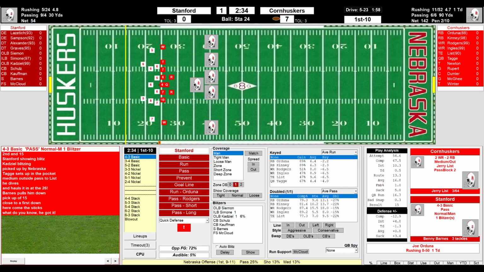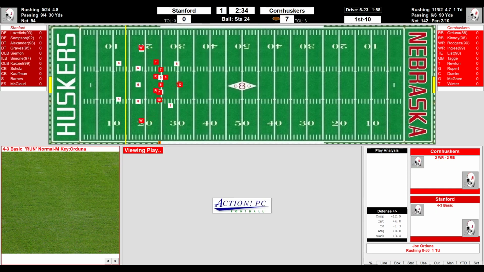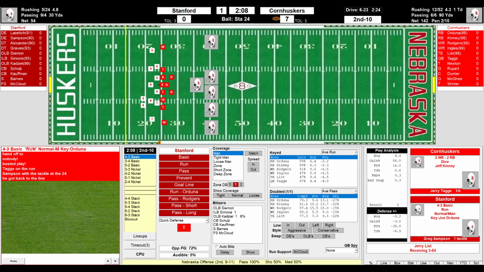1st and 10. They're going to key Orduna on the run. Taggy's going to throw again. He scrambles, and he is brought down on the busted play. Just barely gets back to the line of scrimmage. Greg Sampson will be credited with the tackle. It'll be 2nd and 10. Clock running, 2:08 left in the first quarter. 7-0 Nebraska. 4-3 set